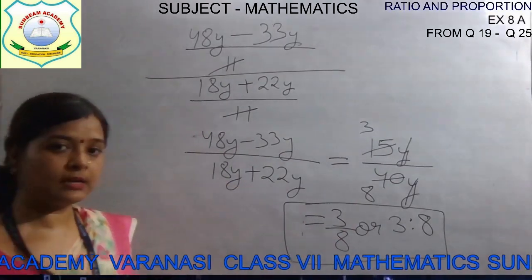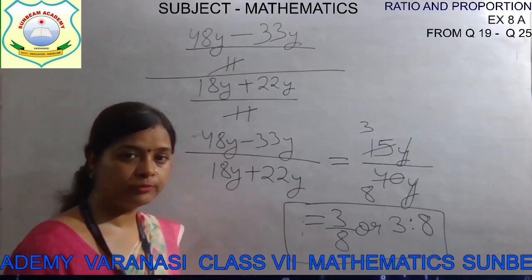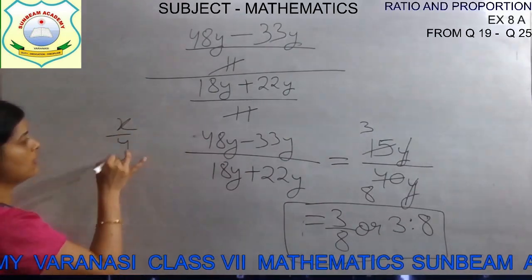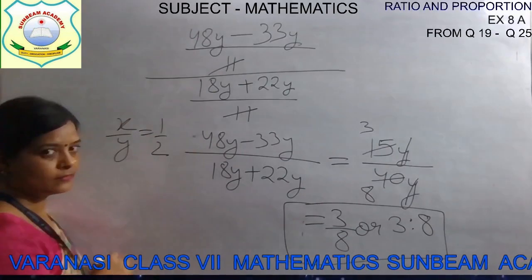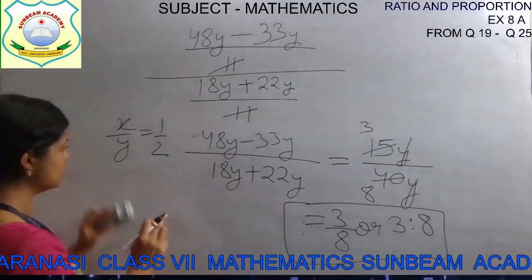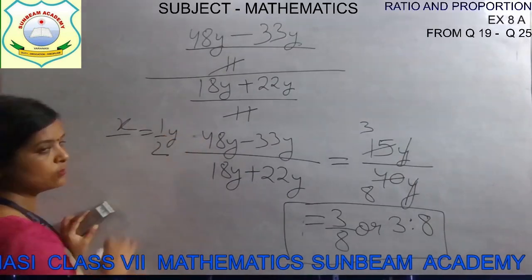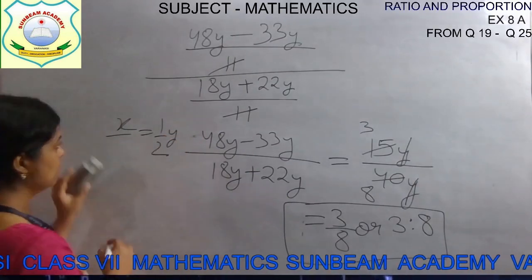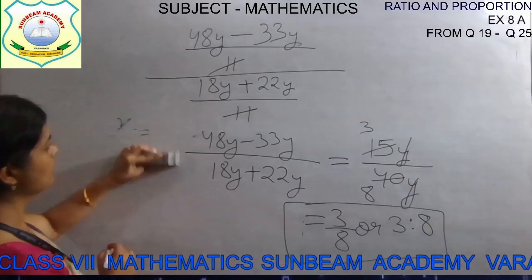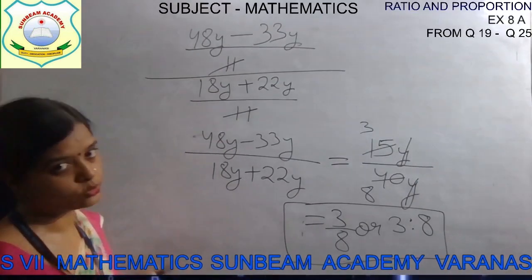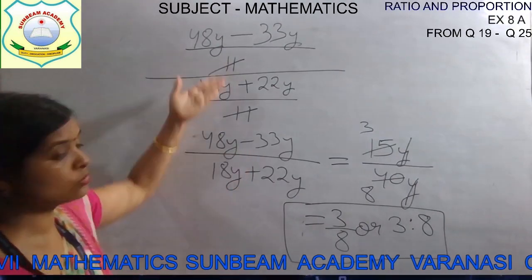Although I have erased the earlier one, you have to remember that if the question is written in the form x by y is equal to something, and there are two variables, then first find the value of one variable by transposing the other variable to the other side. Put that value wherever the x is present in the question and then solve it. I think this is also clear.